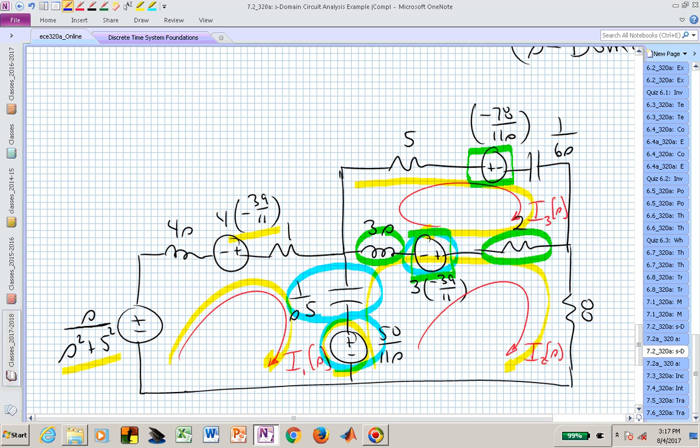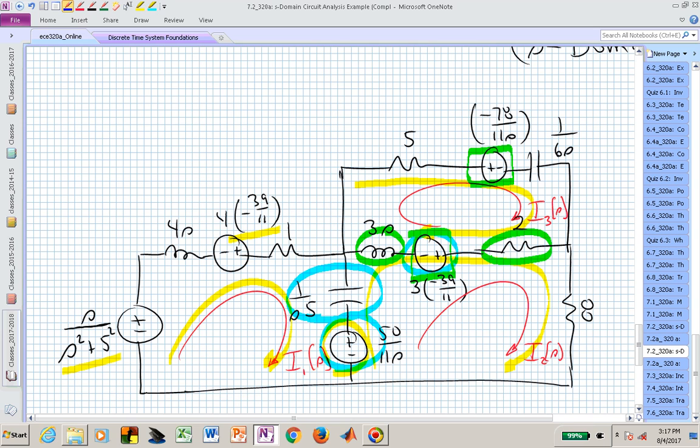That's the beauty of the S-domain circuit analysis. We can immediately, well, maybe not immediately, but we can step by step in a fairly mechanical process create an S-domain equivalent circuit,